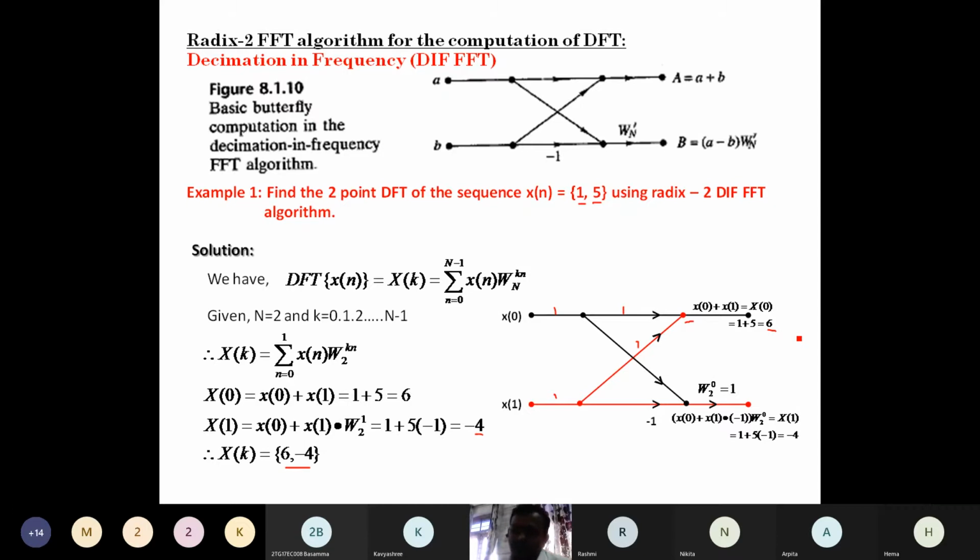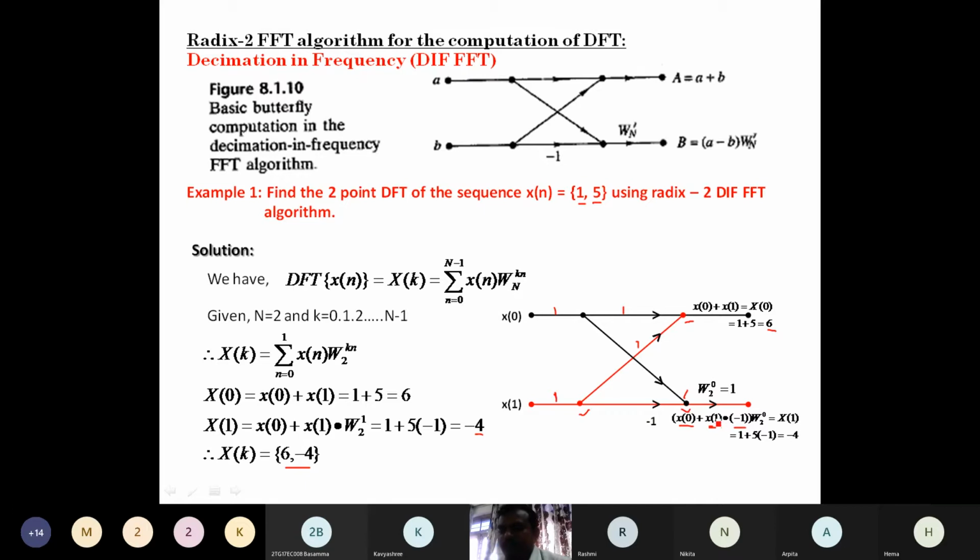It is the summation of two input lines into the output, multiplied by the twiddle factor, that is W to the power 0. Let me put the equation first. First line is x0 plus second line is x of 1. Here it is 1 from one node to another node. But what happens from the second node to the third node? From this node to this node, the line value is changing. That is minus 1. So the value at that line becomes x1 into minus 1. Same thing I am mentioning here, x1 into minus 1.